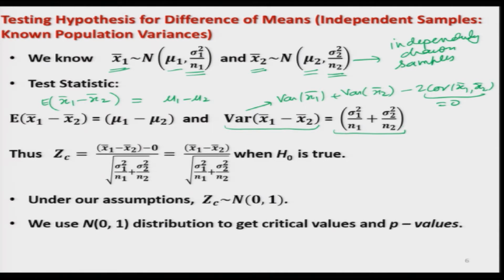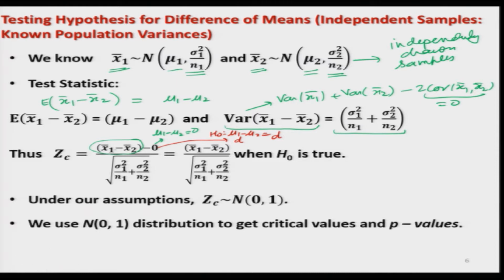you can now write down the statistic, which is just based on x bar minus mu divided by sigma by root n. So you can see I am writing that under H naught, that means when H naught is true, that means when mu1 minus mu2 is equal to 0, I can write down this statistic x1 bar minus x2 bar, and this 0 is coming because mu1 minus mu2 is equal to 0. So if you want to test a hypothesis H naught: mu1 minus mu2 is equal to d, then this 0 is going to be replaced by d. This is just for your information, but here we are considering d to be 0.